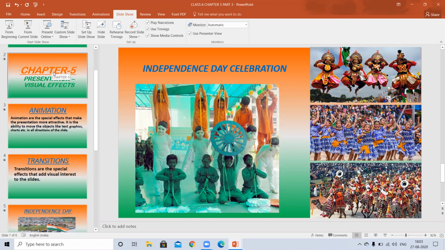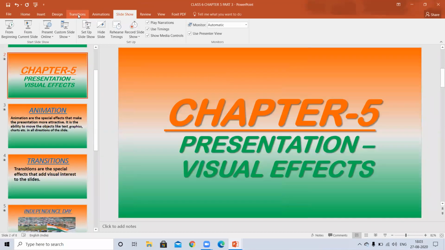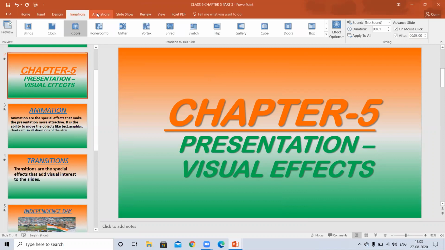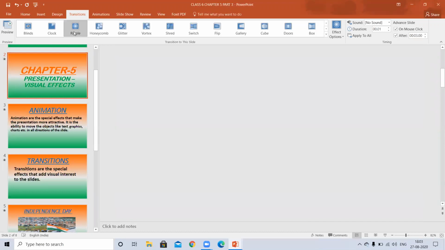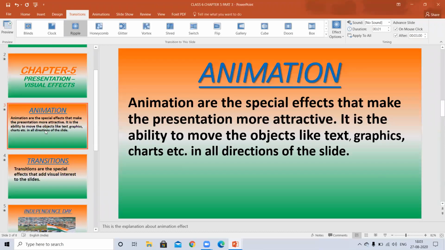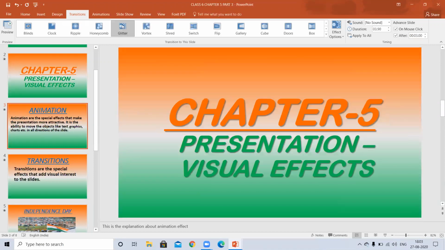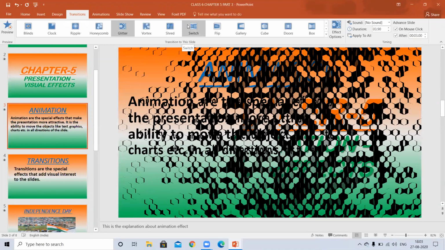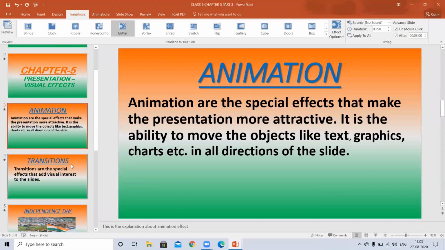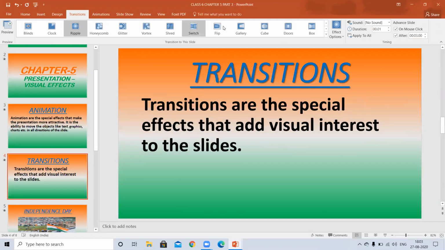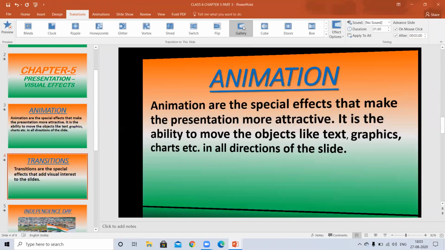Now the transition effect. I gave transition here: click on transitions, then click on ripple. Animation, now I gave this one. And on transition, I gave this one.